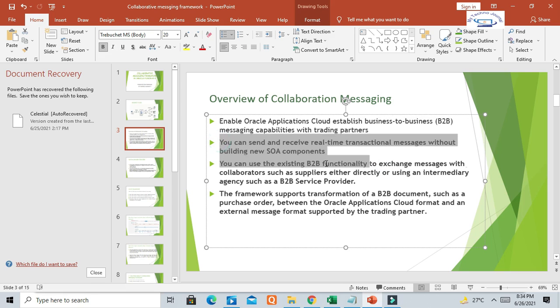That is very important because nowadays, if you want to integrate something with an outside business tool, we need some customization and some intermediary service oriented architectures. But here everything is standard.